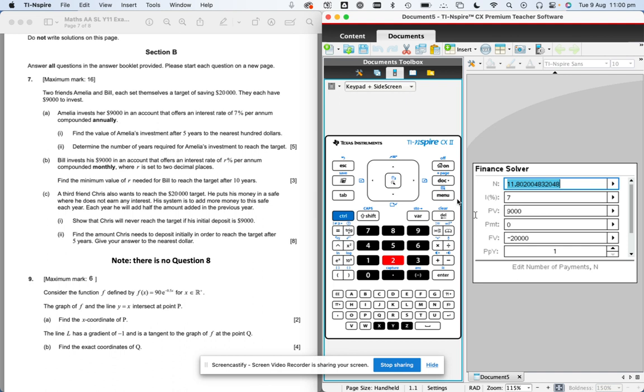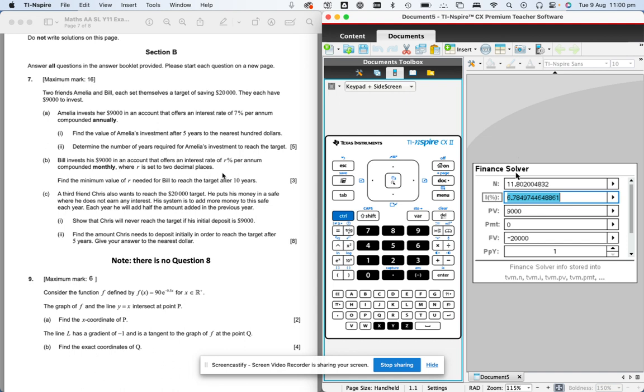$9,000 was invested, so the PV is 9,000, that's fine. So I've filled in everything I can at the moment. Find the minimum value of R needed for Bill to reach the $20,000 target. Okay, well, I've got my $20,000 in here already, so that's good. Principal, present value of 9,000. So I think I've got everything I need to work out R. So I deleted what was in there, and now it says press enter to calculate the interest rate. So I'm going to press enter, and it gives me